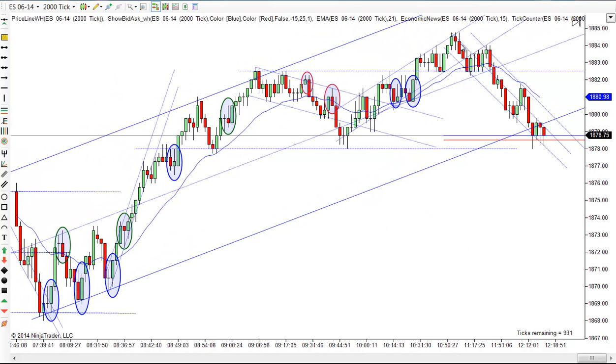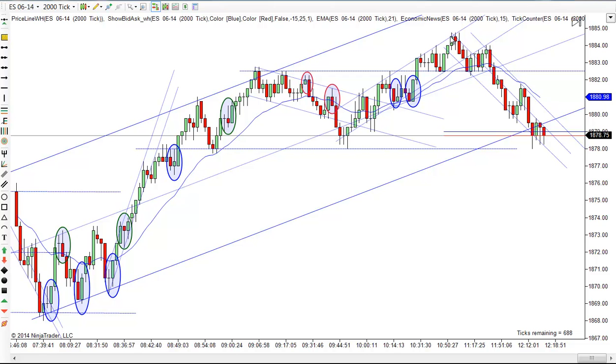Then I really didn't see anything I liked until maybe right here. Notice that that's a two-legged move up, so that's really a second entry, but that's real congestive, so it's like a failed breakout. But you've got this that was acting as resistance, and now it's been acting as support, so you're going short right into it. I think you've been better off with a breakout pullback short really right there to enter there, or maybe even enter there, because now you've got